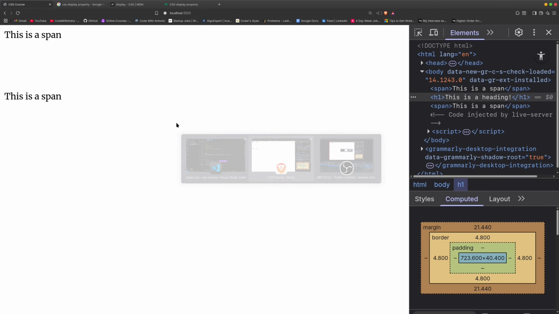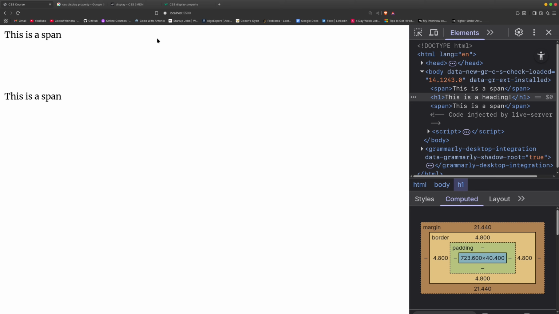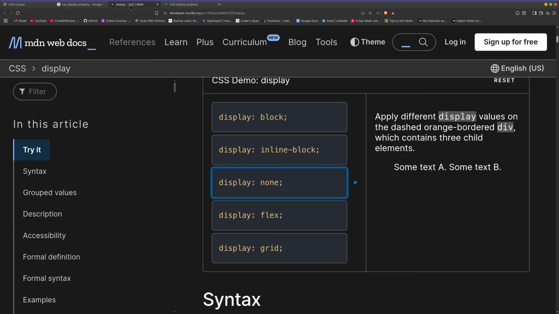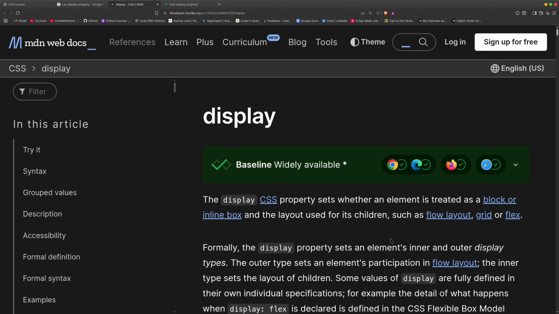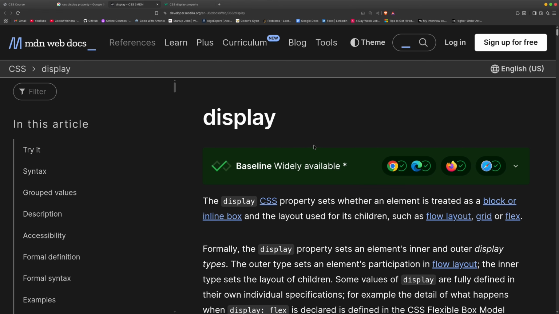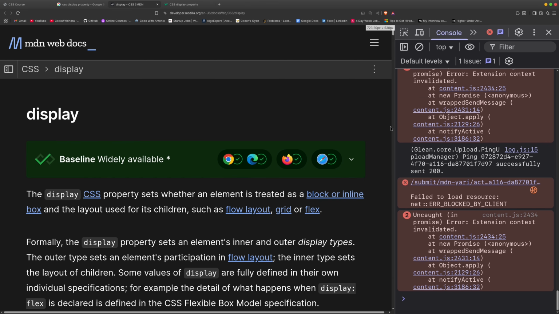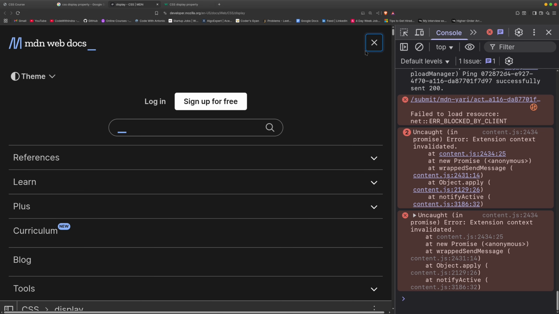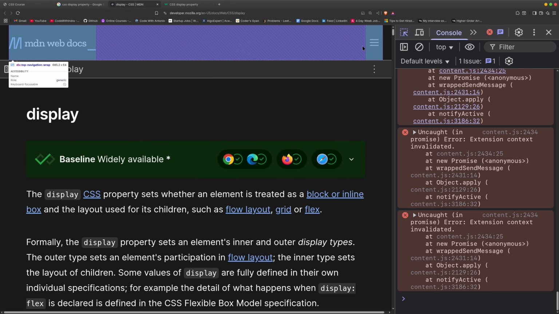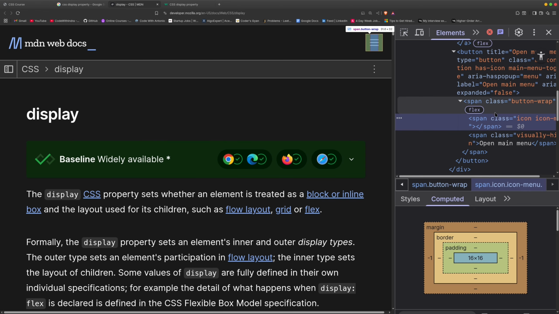It is used quite often when we develop a responsive mobile navigation menu. Something like this. So inside of the MDN, what I can do is open up the DevTools, and as you can see, the navigation menu is gone, and it is inside of this hamburger menu, which is now visible. So here is our hamburger menu, and now if I zoom out a little bit,